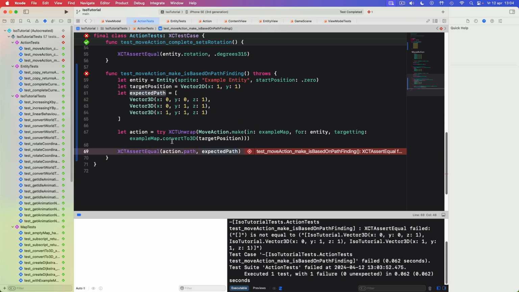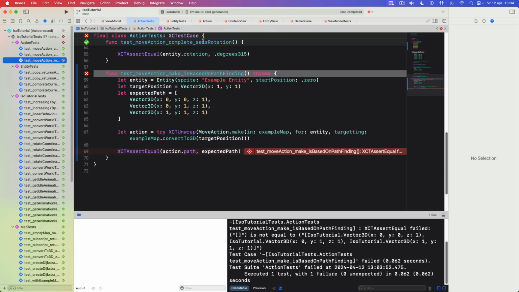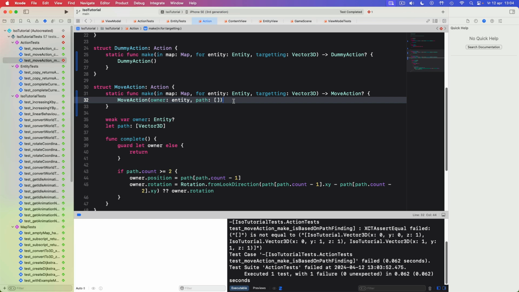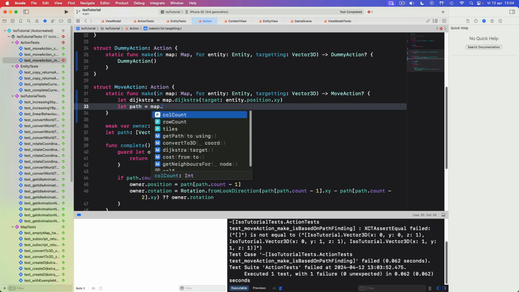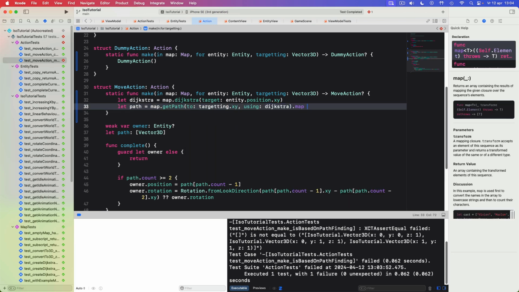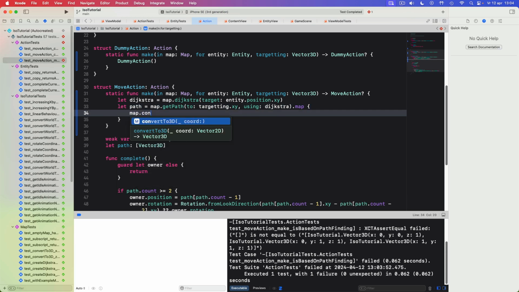And the test fails because we haven't changed our action yet. So let's go into our move actions make function and make sure that, instead of just creating one, we first create a Dijkstramap targeting the entity's current position. Then we create a path to our target position using the Dijkstramap, and we convert these to 3D coordinates,